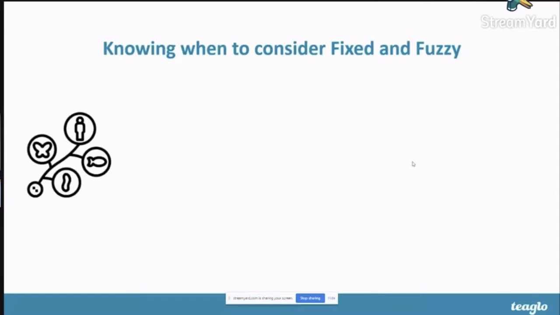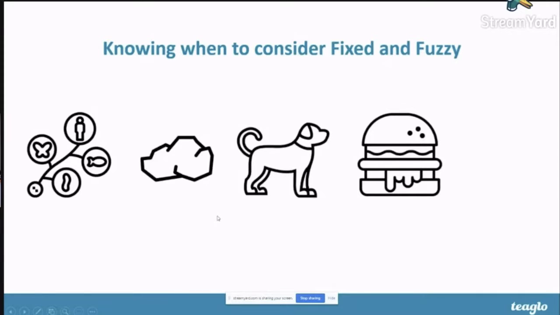So perhaps if I was explaining something like a living thing in a subject like science, I would say, well, it's got certain criteria you have to meet. It has to respire, it has to produce waste and grow and so on. And by setting out these necessary conditions, it makes it much easier for me to present examples and for children to be able to tell me whether something's a living thing or not. So they can say that a rock has never been alive, a dog is alive, and a beef burger contains something that used to be alive.